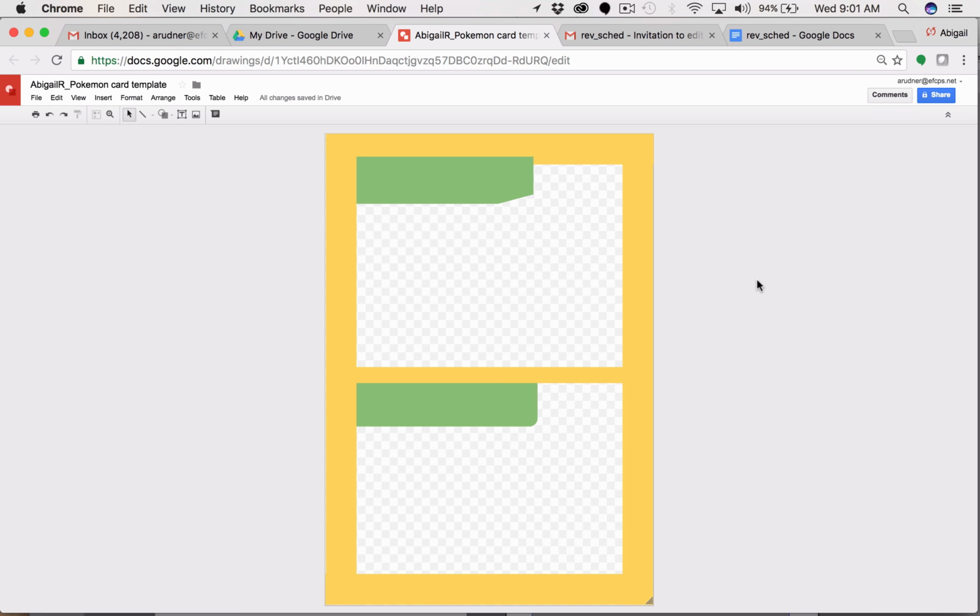And in the next movie, I will show you how to start filling in the image area, the text areas, but before that, I will show you how to put the